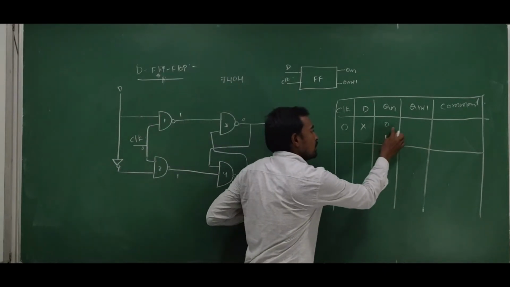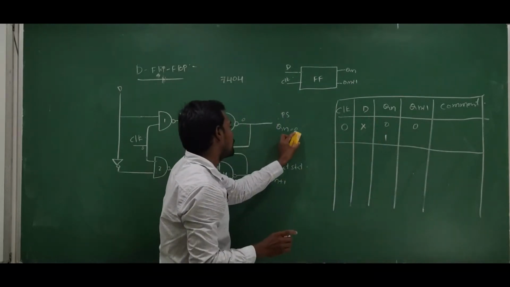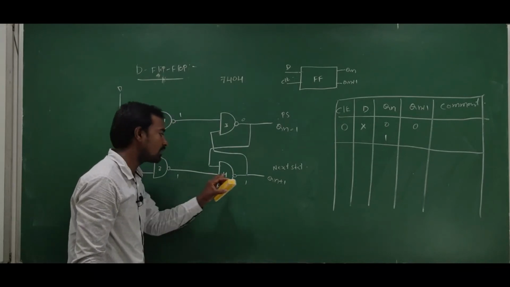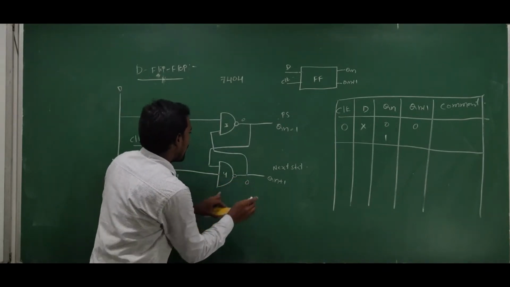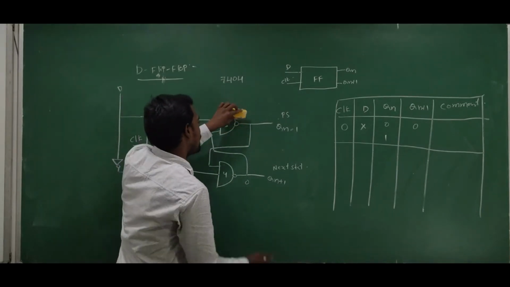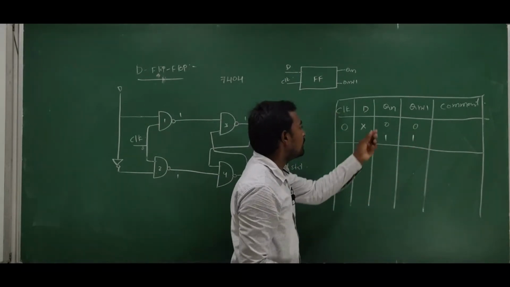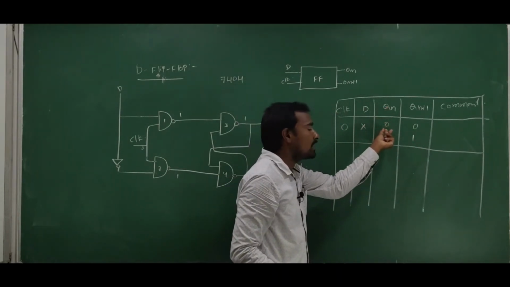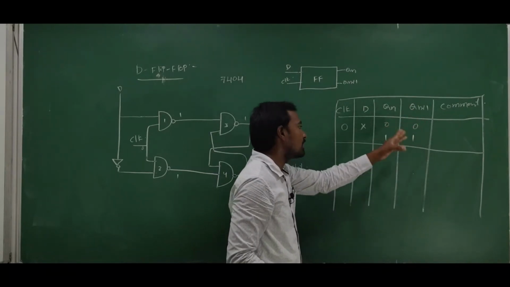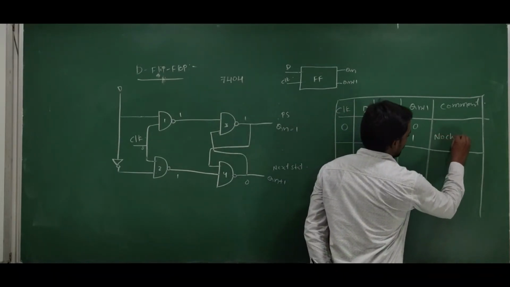Okay, so the output is equal to 0, and if Qn is equal to 1, 1 cross 1 equal to 1. 1 complement 0, and 0 cross 1 is equal to 0. 0 complement 1. So output here we are getting 1. So whatever the present state input we are giving, the next state output is equal to the present state. So that's why this state will be treated as no change condition.